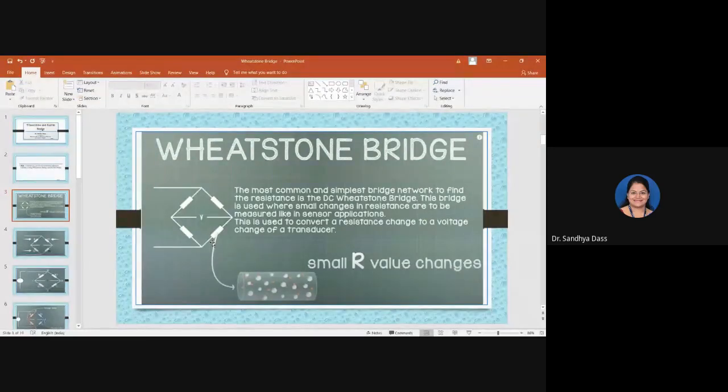So generally, as the statement on the slide says, bridges are used to measure unknown resistance, or, if you know some resistance and there is variation in it, to measure small changes in the resistance. All right. So a general statement would be: the Wheatstone Bridge is a network which is used to measure small resistance changes. All right. So how do we do that?